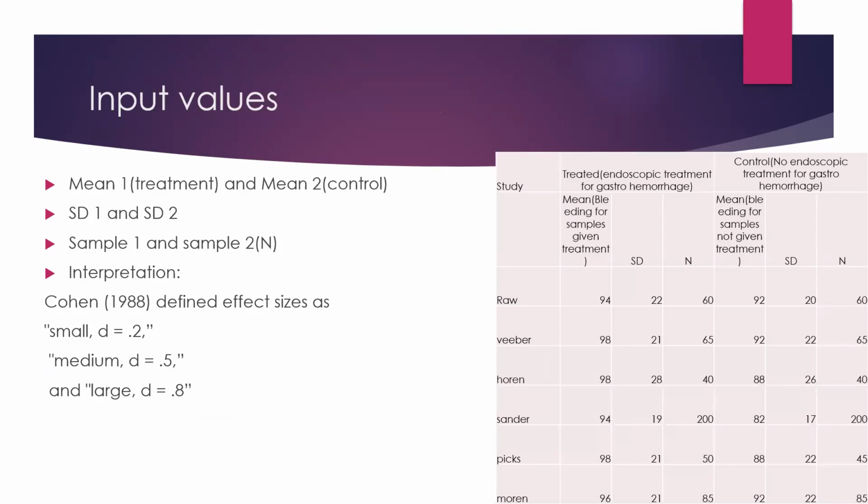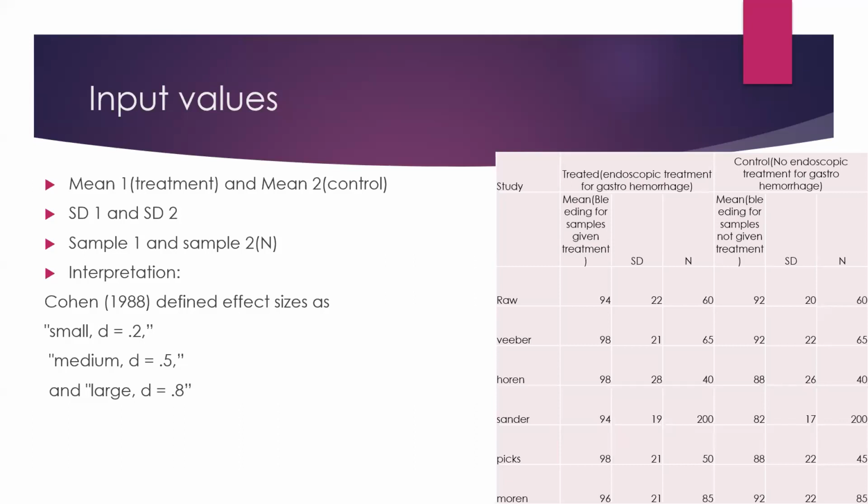My sheet will have a row called study name. That is very common, I think everyone understands. Then I will have 2 huge columns. One will be called treated and one will be called control. You could also call the treated experimental. Experimental group and control group, treated and non-treated, treated and control, whatever name you want to give, you can give. That name has no impact on meta-analytical value, so we can relax.